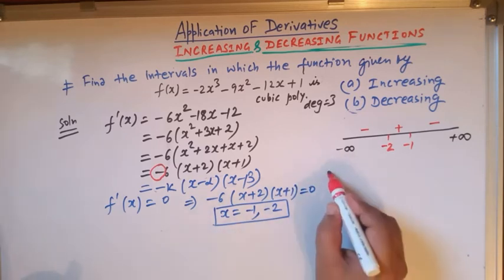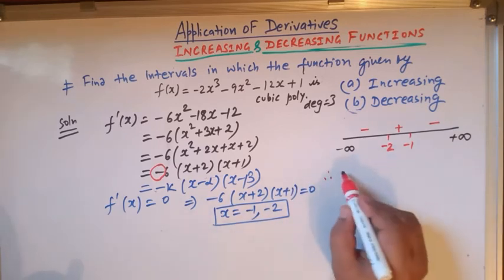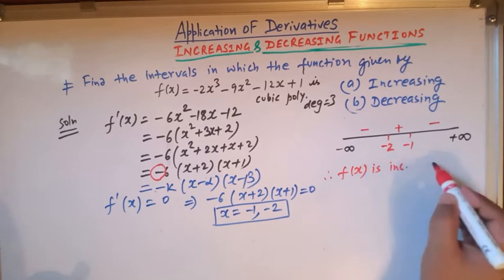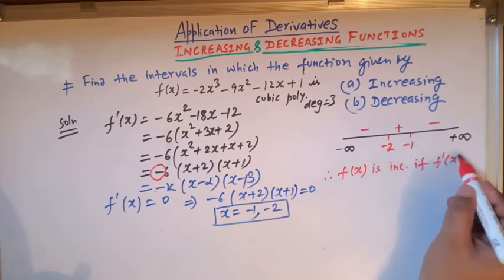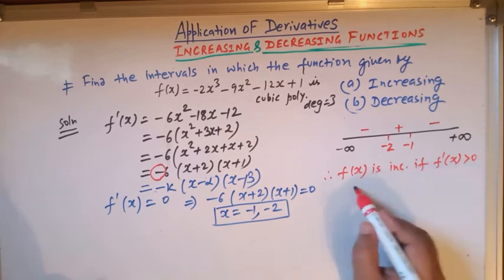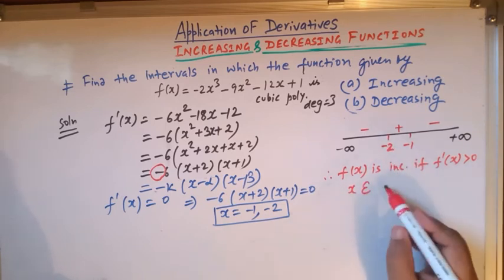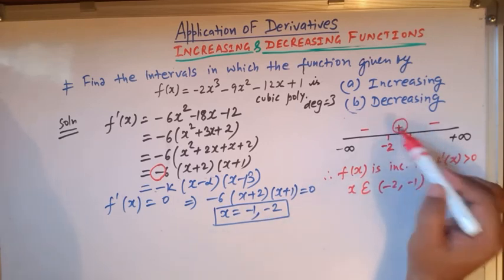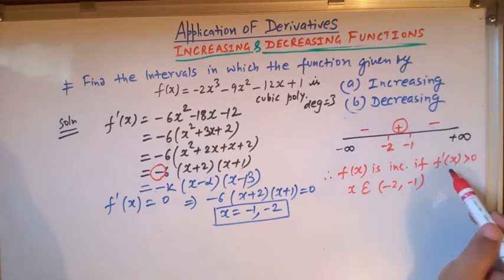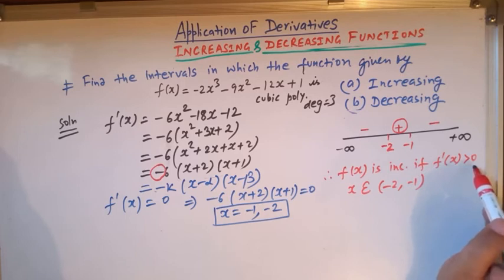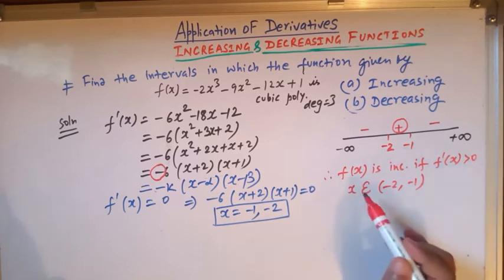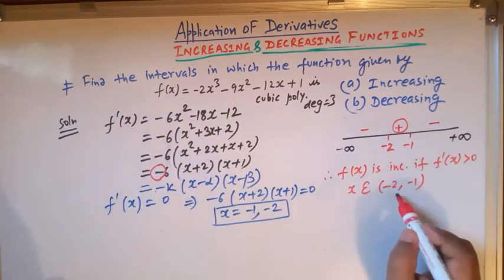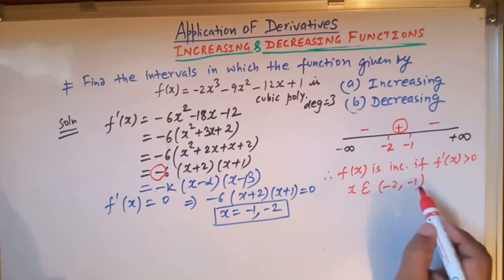So therefore we can say that this function f(x) is increasing if the derivative is greater than 0 for all x belonging to -2 to -1, because this is the positive sign, and positive sign means for an increasing function the derivative must be positive. So the interval in which this function f(x) is increasing is the open interval -2 to -1,